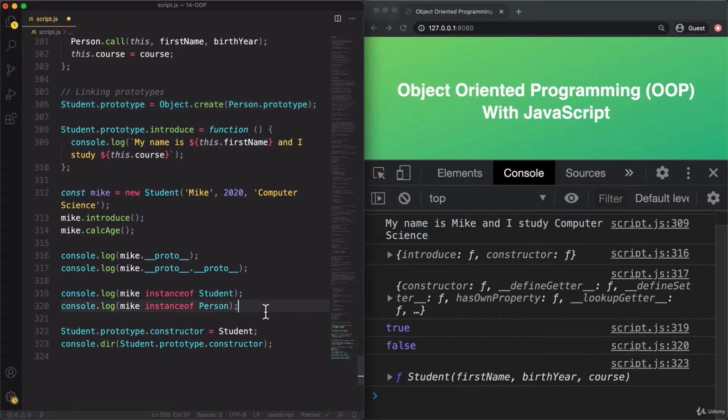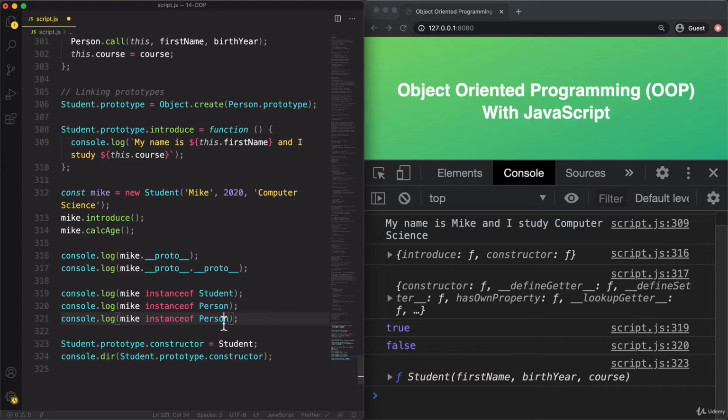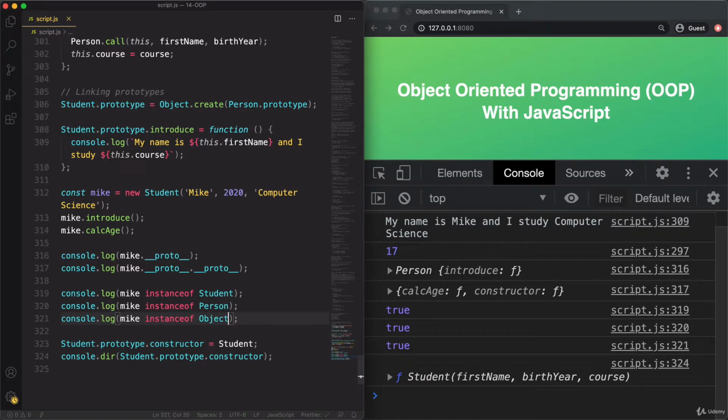And of course, Mike is also an instance of Object because that is also in its prototype chain. All right, so here we just proved that the prototype chain is in fact set up the way that we intended it to be. All right, and that's the end of a very long and, I admit, complex lecture.